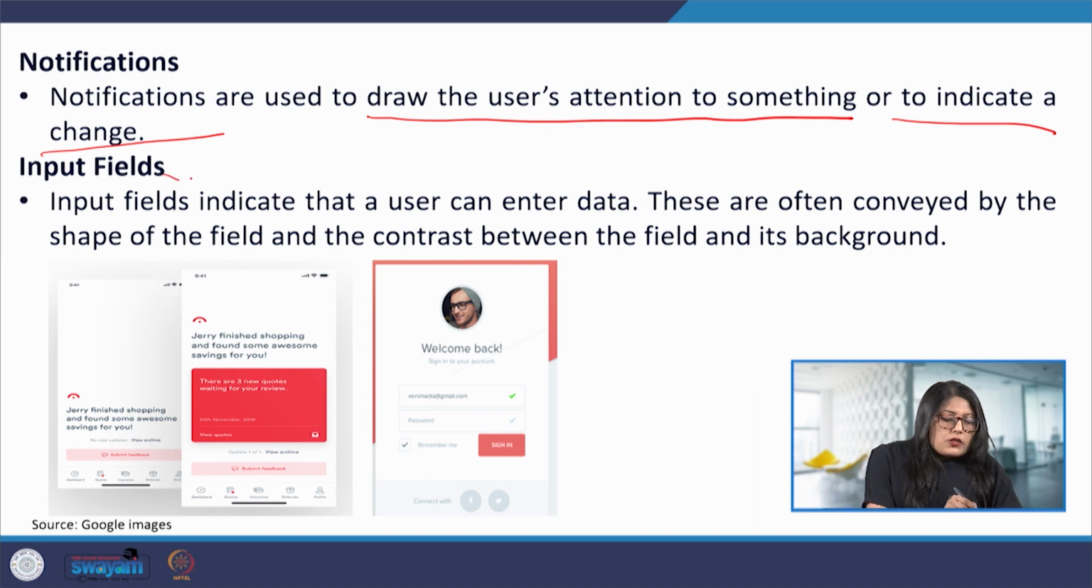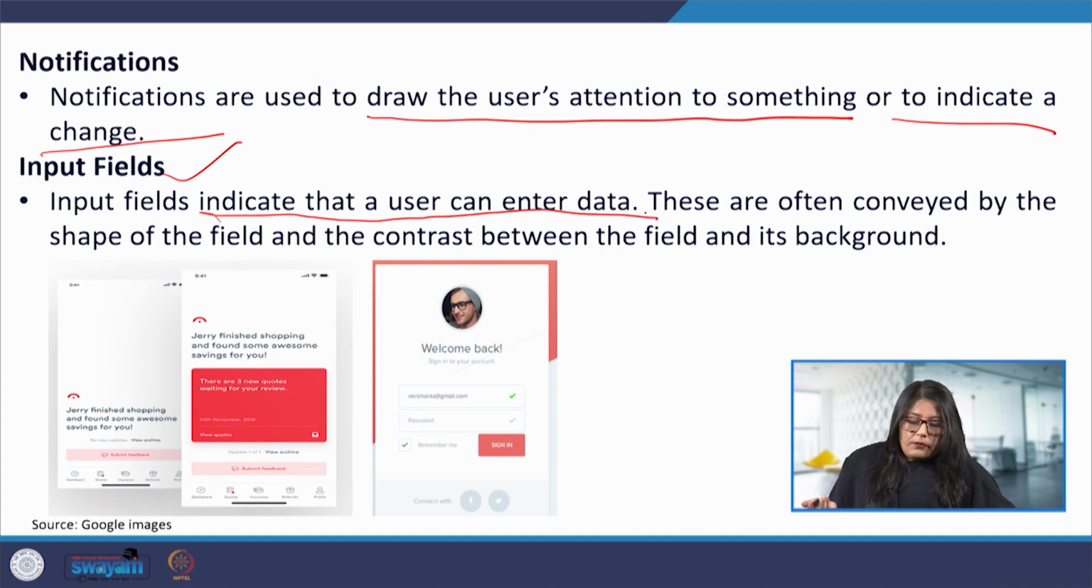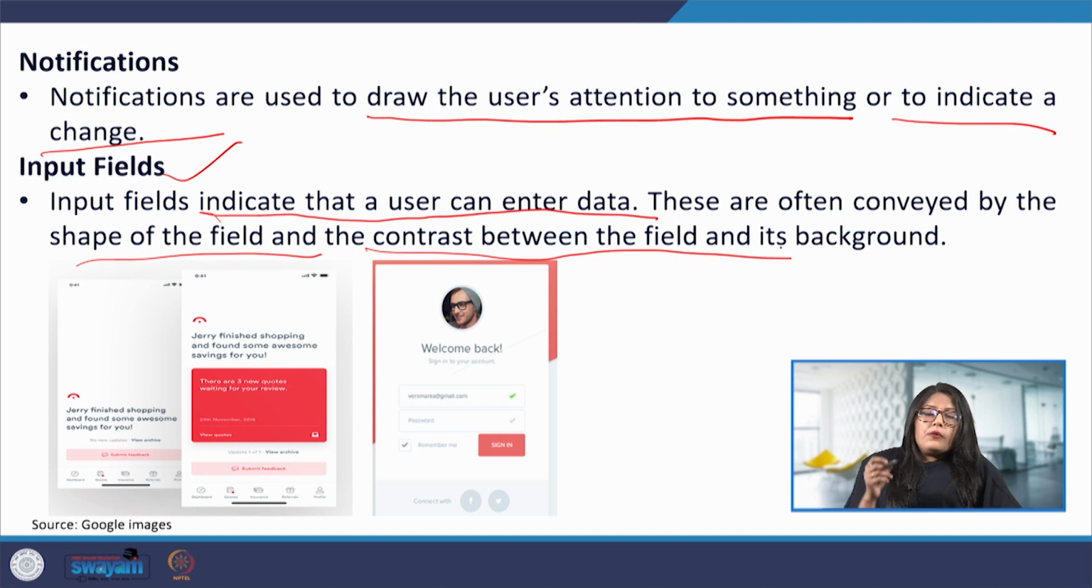Now, input fields. Input fields help the user know where the data needs to be entered. They are generally conveyed by the shape of the field and the contrast between the object or the foreground and the background. Here we can see a few examples of how input fields appear, and